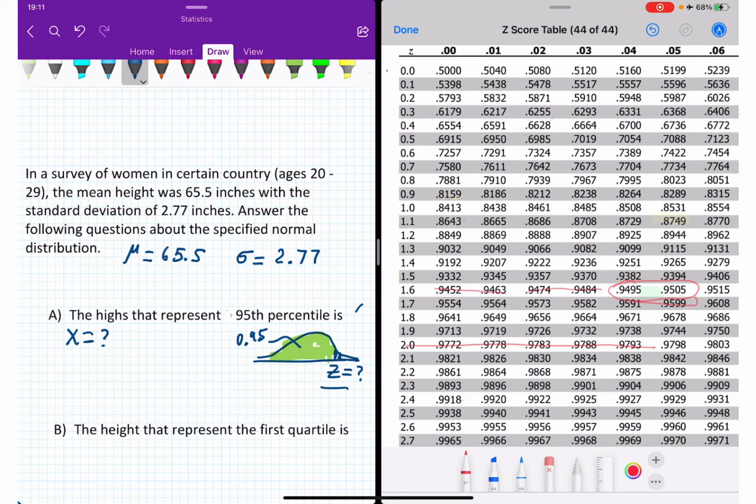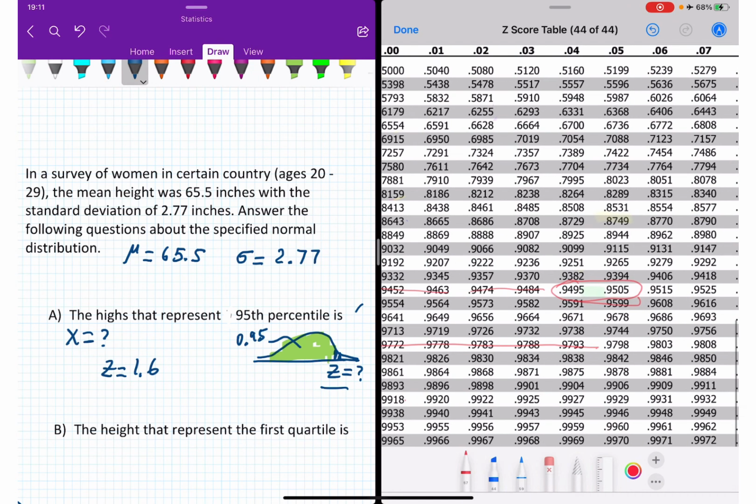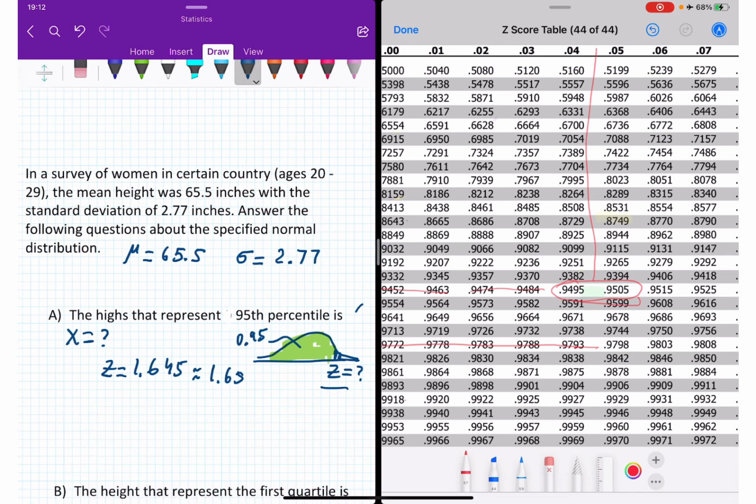So the z-score is equal 1.6, and going up in between 4, 5, which is approximately going to be 1.65 or 1.645. Doesn't matter. All right. So once we have the z-score, we need to find our value of x. So if z-score is equal x minus mu over sigma, so from here,